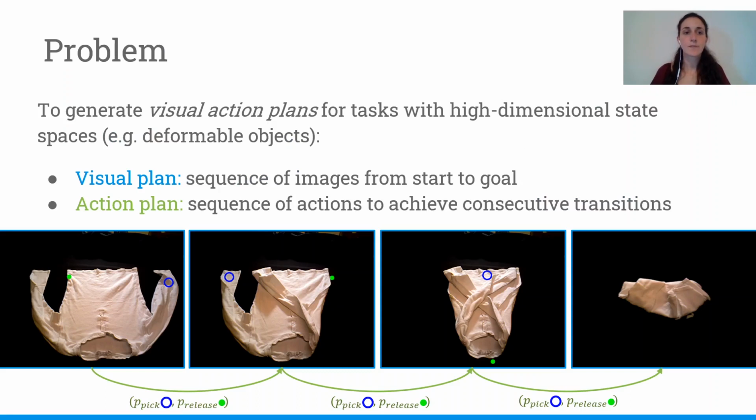In particular, the problem that we consider is to generate visual action plans for tasks with high-dimensional state spaces, like, for example, the manipulation of deformable objects. So as we see from the picture, we are interested in both getting the visual plan, that's the sequence of images from start to goal, and the action plan, that's the sequence of actions to achieve consecutive transitions. And here, for example, an action is defined as the couple of where to pick and where to release the